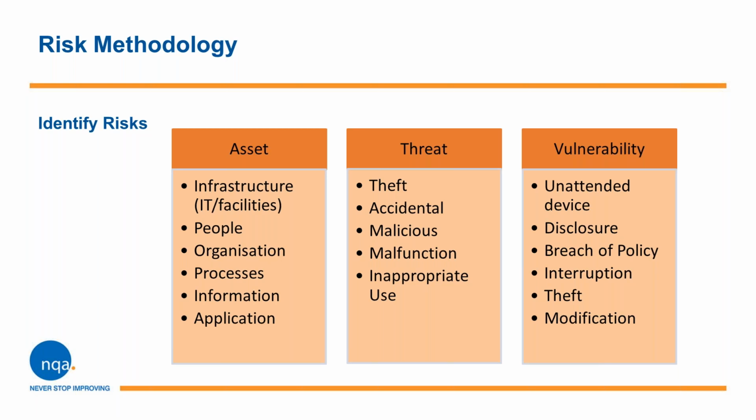Identifying the risks that can affect the confidentiality, integrity, or availability of information is the most time-consuming part of the assessment process. Following an asset-based approach can help. Developing a list of information assets is a good place to start. But if you find an existing list, most of the work will already be done. An asset is anything that has value to the organization and which, therefore, requires protection. For the identification of assets, bear in mind that an information system consists of more than hardware and software. There's all kinds of things which go around that.